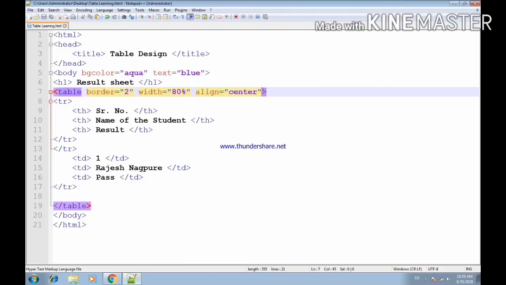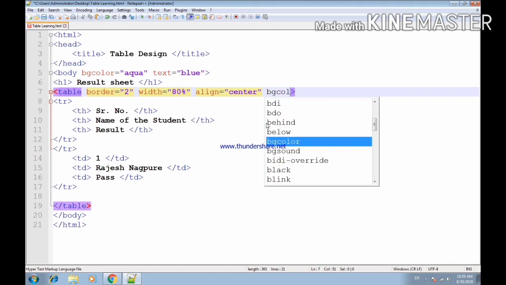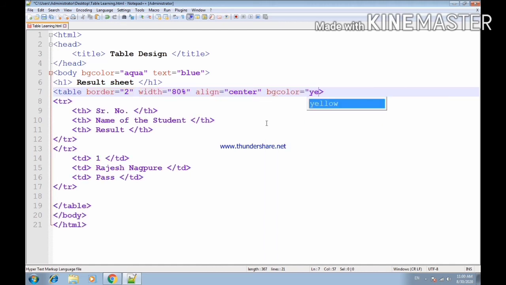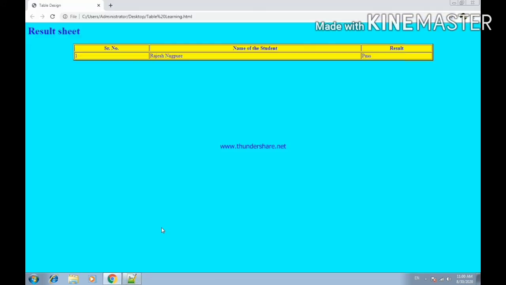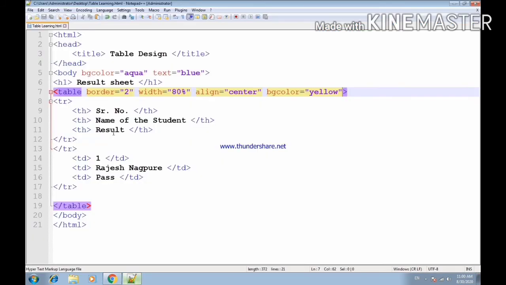Okay, then suppose I am adding bgcolor equal to yellow. Save. F5. You can see the background color of the table is changed. Here bgcolor aqua is for the body and bgcolor yellow is for the table structure.